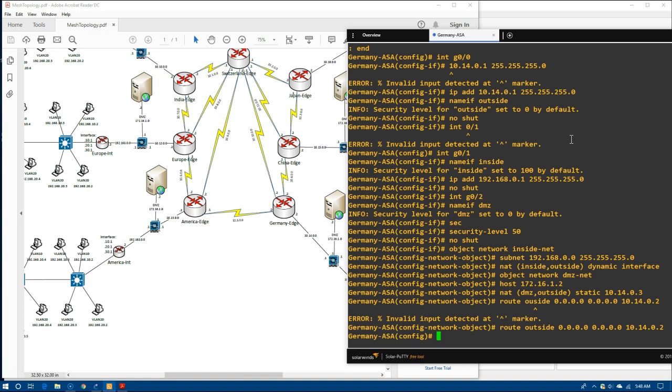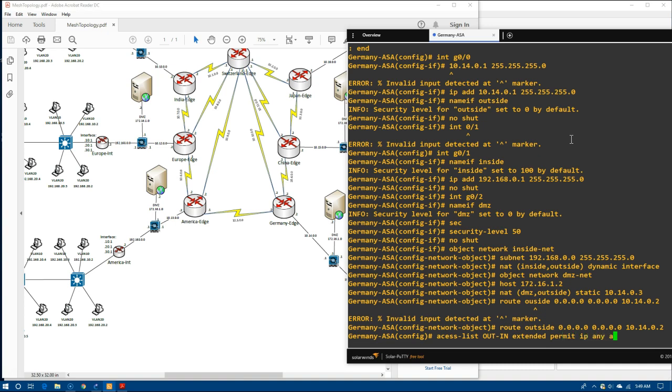I'm going to put an access list on at this particular point. I'm doing this because I want to be able to determine that my configuration is working, and nothing works on an ASA without an access list. But this access list is going to be really, really bad. So we're going to do access list out to in. This is an extended access list. And we're going to do permit